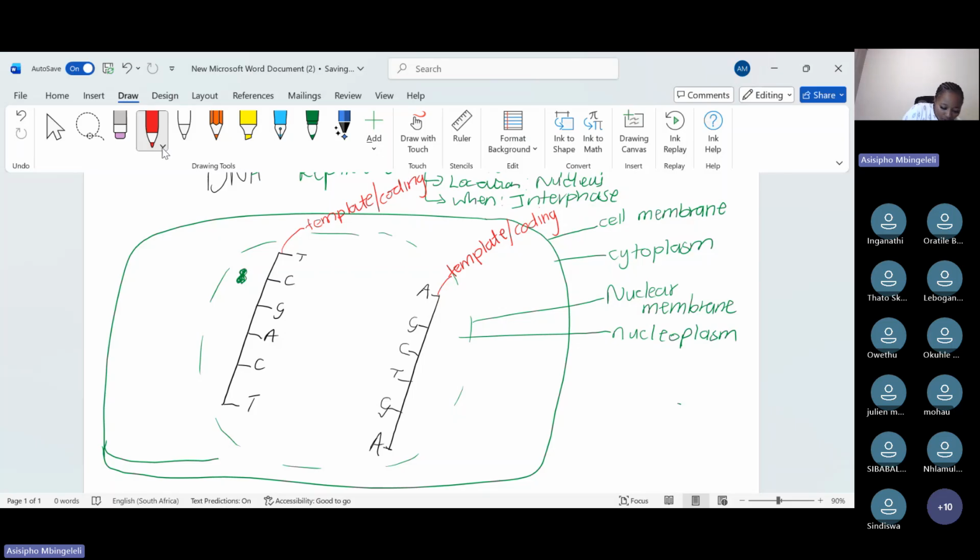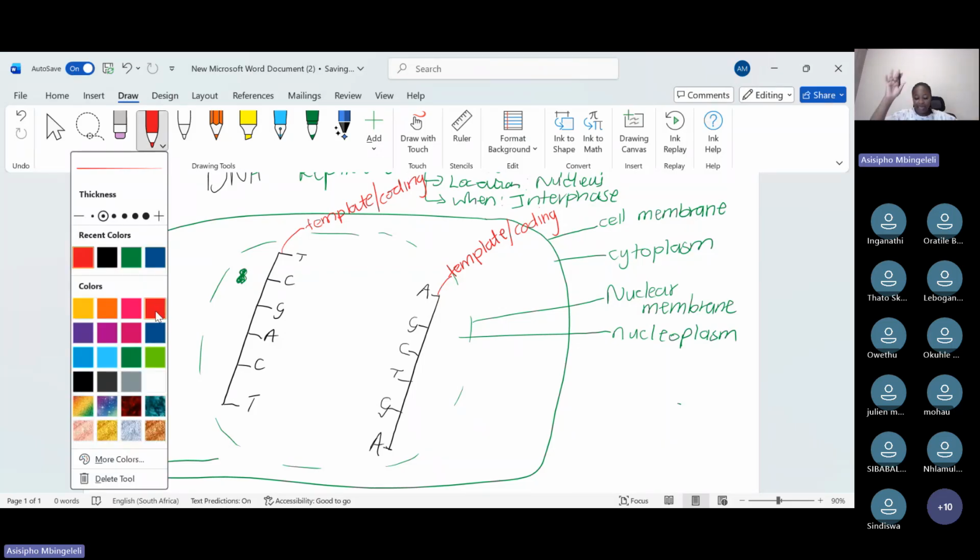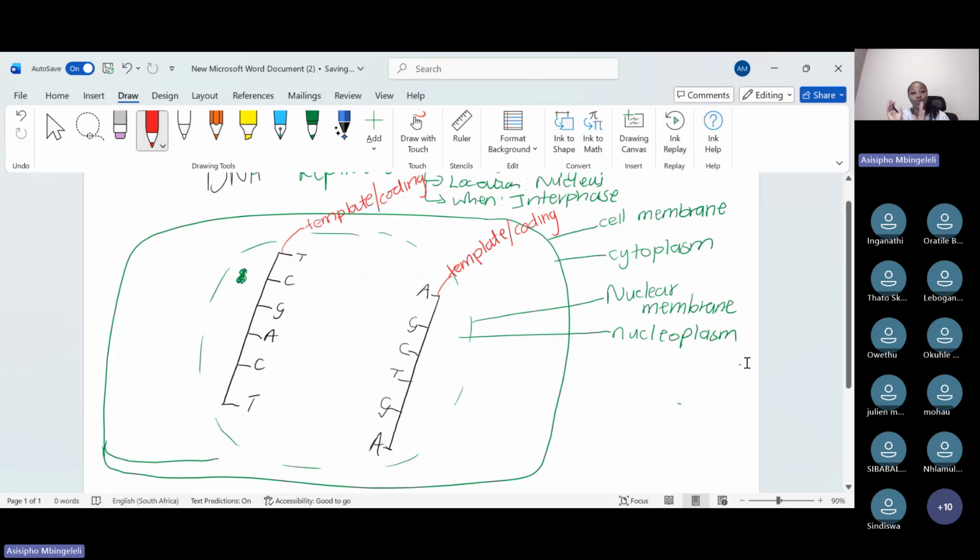Now, when we look at the second point, I think 3 was the one with weak hydrogen bonds. Then obviously we speak about both strands being used as template strands. The next point, which was point number 4, says that we use free floating DNA nucleotides. The key word there is DNA nucleotides. And where are we getting these DNA nucleotides? We are getting them in the